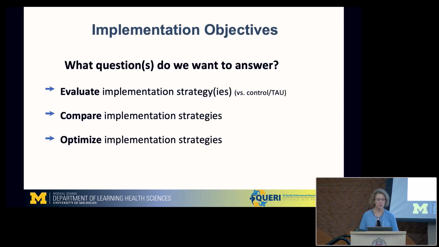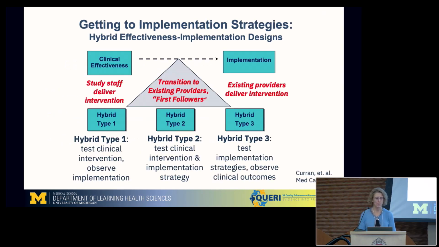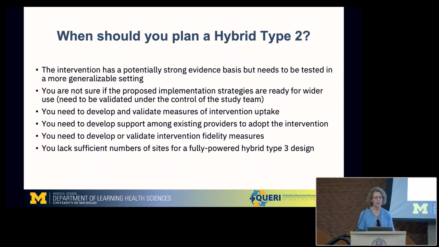So what questions do we answer in this situation? So this is a typical hybrid type 3 design. Essentially evaluating the implementation strategies, comparing implementation strategies, and then optimizing implementation strategies. So one way to think about it is again, the hybrid type 3 design. And so when do you plan a hybrid type 2 design? And I'll first talk about hybrid type 2 design, then a hybrid type 3, because that's sort of how it's staged. But you have an intervention that has potentially strong evidence